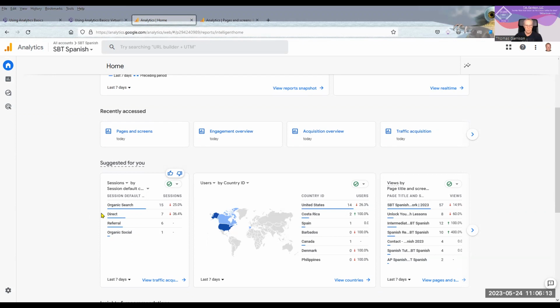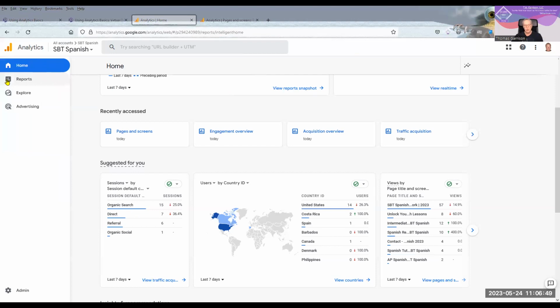And then a direct means they came from a link someplace, or they had a bookmark or something, or they typed it in because they knew the URL for that website. And that is called a direct link. Referral would be similar to just having a link, but you're coming from maybe your Facebook page, or some social media that you have somewhere. And let me get rid of a couple of these bars here.